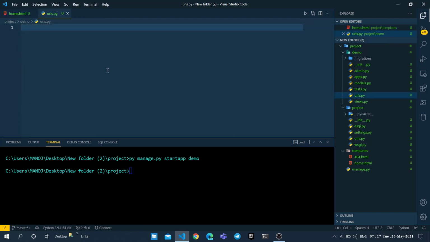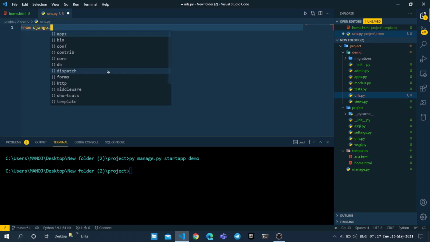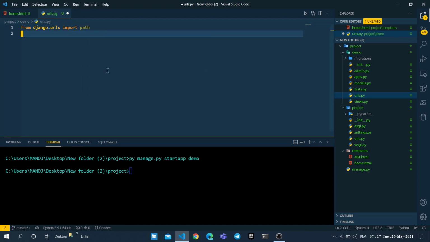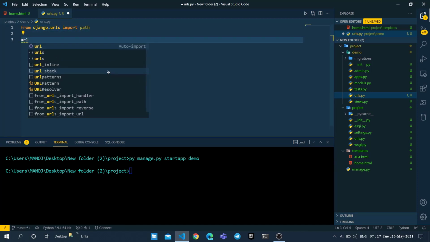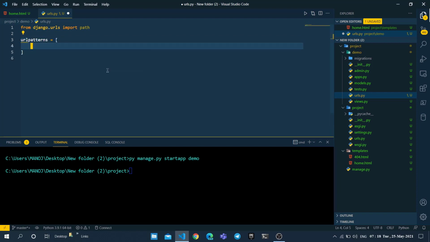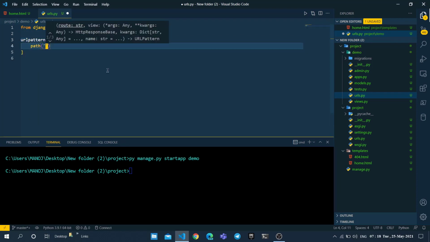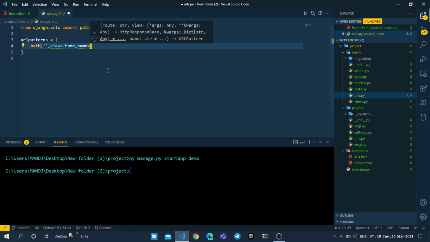In this file, type the following code: from django.urls import path. Let's create a urlpatterns array which holds all our paths. So here I am writing my first path, which is the localhost path represented by single quotes, comma, views.home, comma, name equal to home.